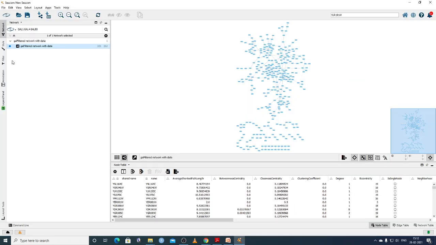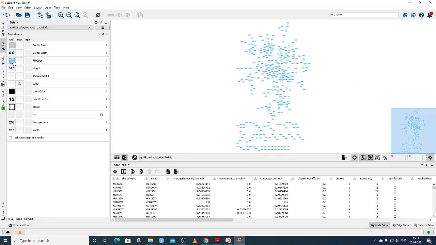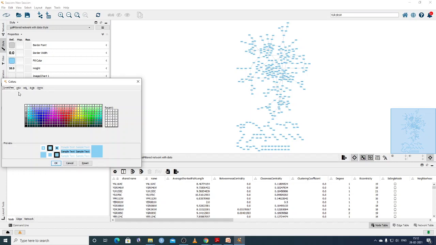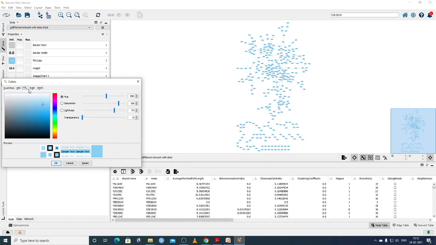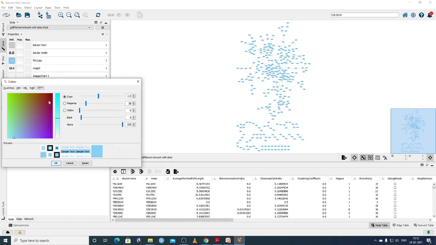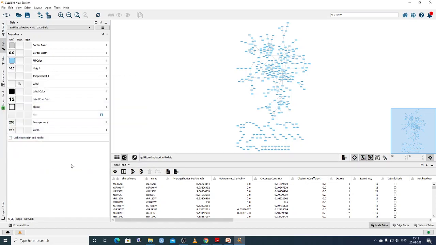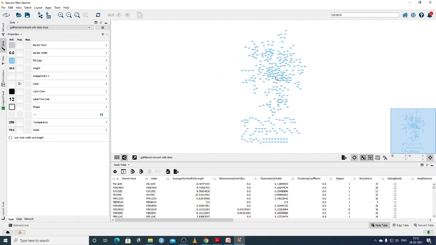So let us go to the styles, fill color. These are different color swatches: HSV, HSL, RGB, CMYK. You can select different colors for these nodes, but we don't want to select color randomly. This is a blue color, so it doesn't give much information. We want the color of the substrates such that high expressing should have a different color and lower expressing substrates should have a different color.